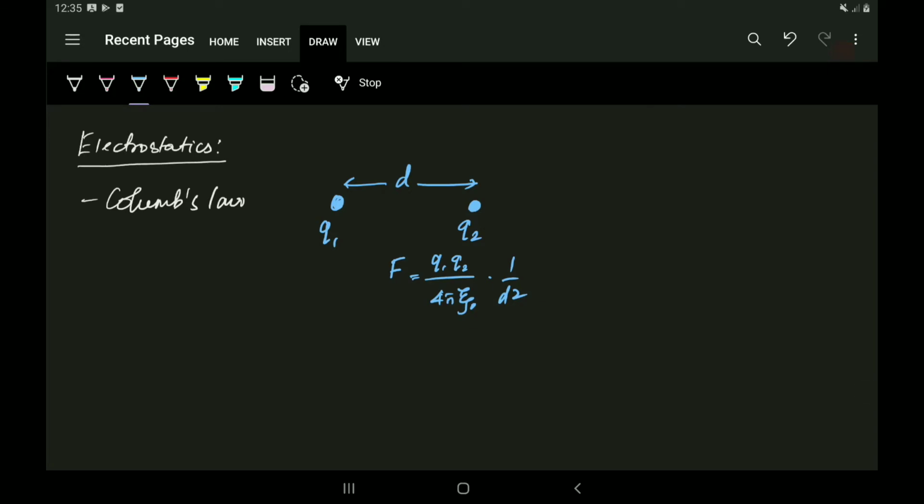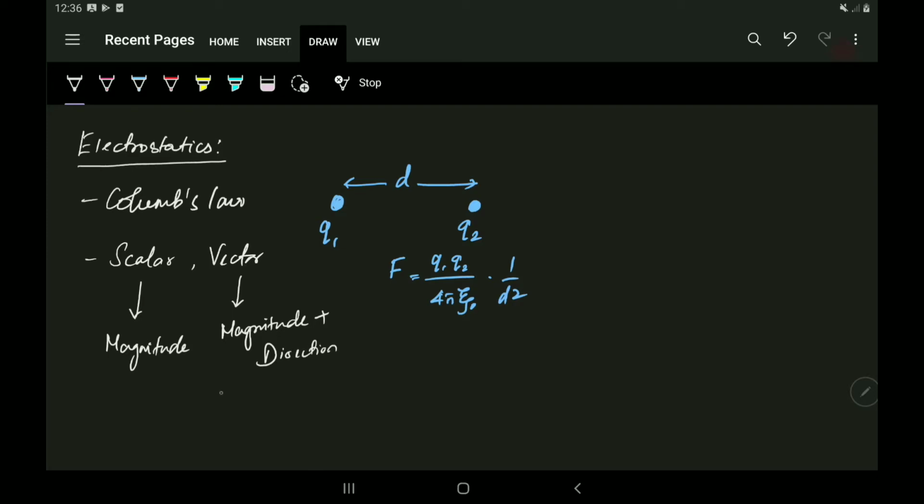The force I have shown here is as a scalar quantity, but actually the force is supposed to be a vector quantity. You should understand that some quantities in electrostatics are scalar and some are vector. What is the difference between a scalar and a vector? A scalar quantity has only magnitude, which does not describe its location or direction. A vector has both magnitude and direction.